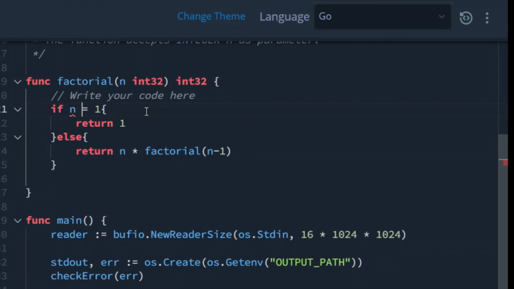Okay, so this is correct. If it becomes 1, or if we get a negative number, then we return 1. If not, we return the calculated value. So we can run the code. Let's run the code now.